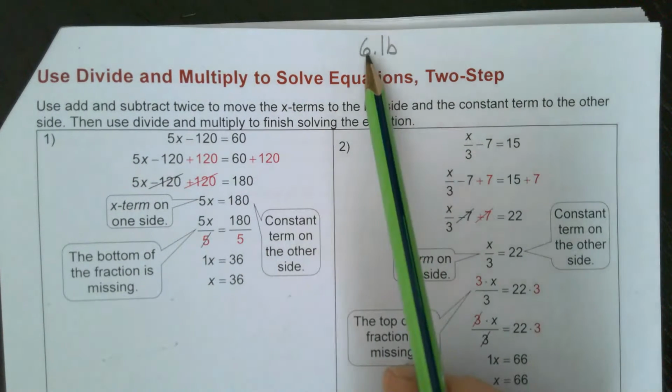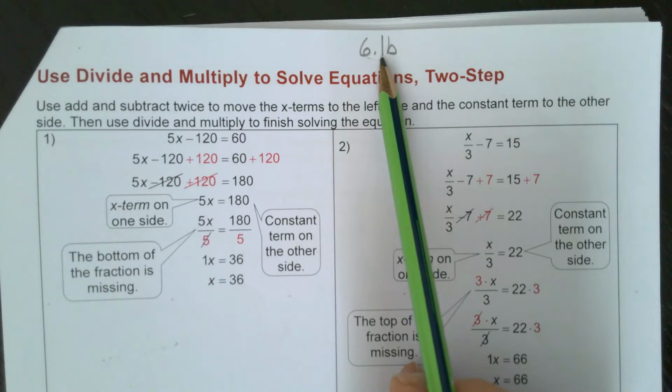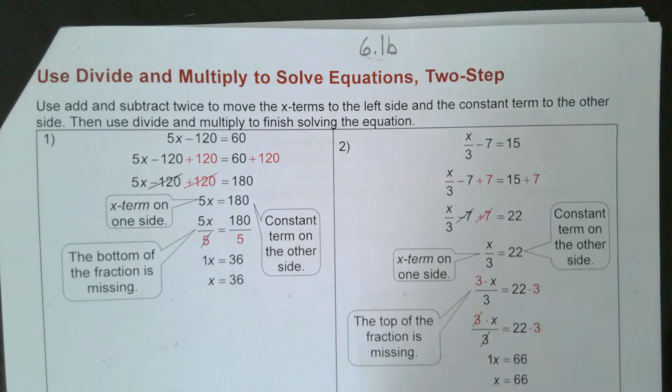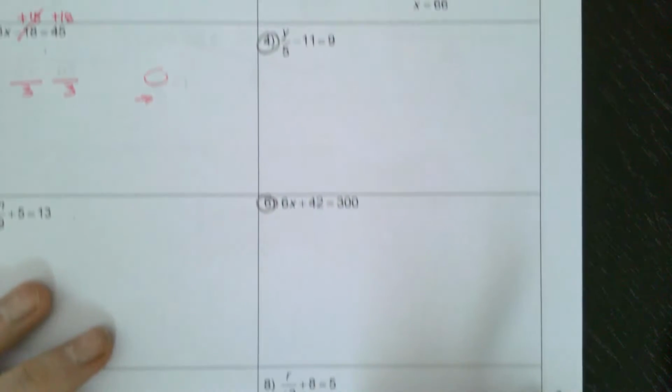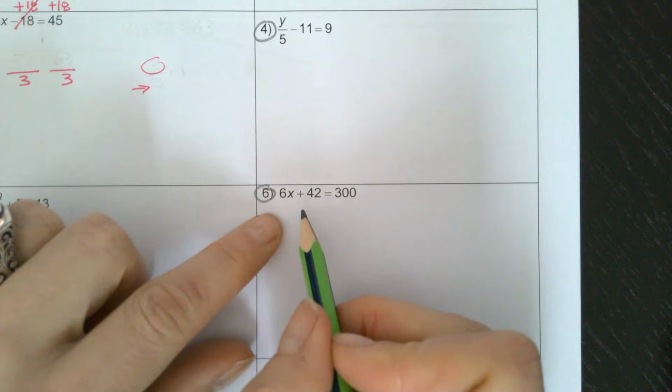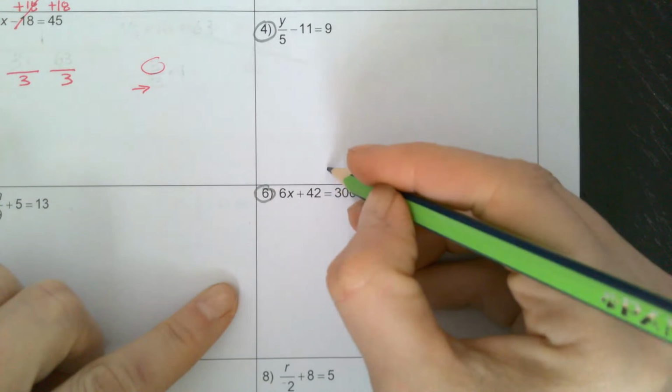Book 6.1b, okay? And we're using divide and multiply to solve questions that need 2 steps to solve. So let's do question 4 here. No, let's do 6 first. We'll do 6. Okay, so the first thing I do is I cut it at the equal sign to make